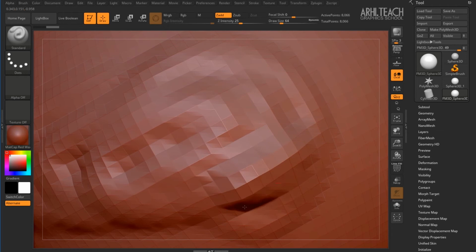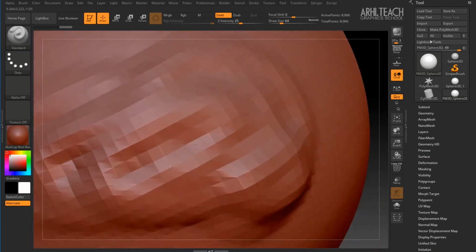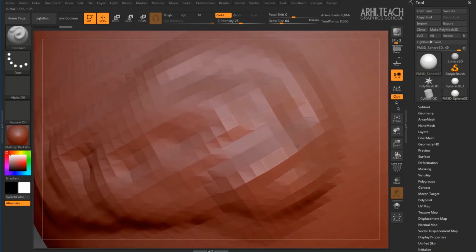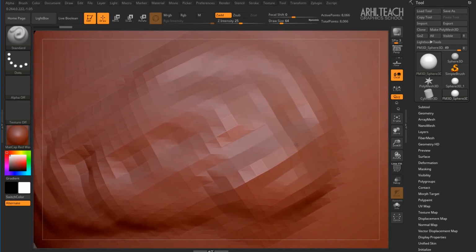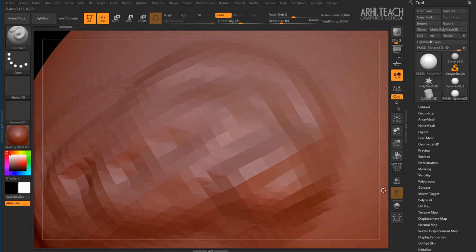We sculpt with the left mouse button. Then, it's convenient for us to hold the right mouse button and rotate our object, or rather our view, not the object, namely the view rotates. Or we can go beyond the frame and hold down the left mouse button, and then rotation will also occur.